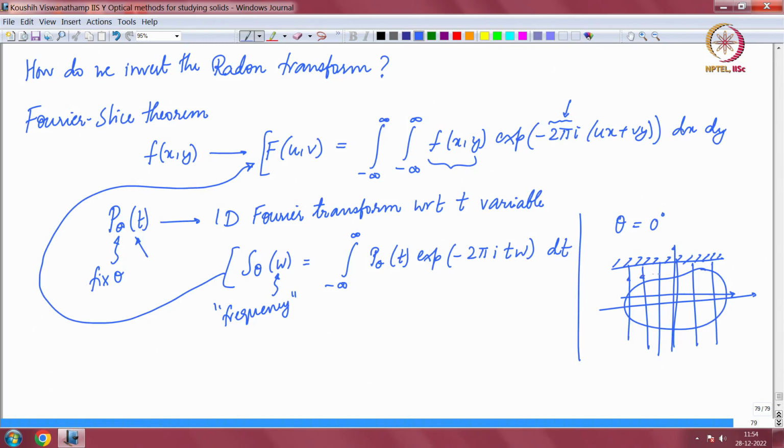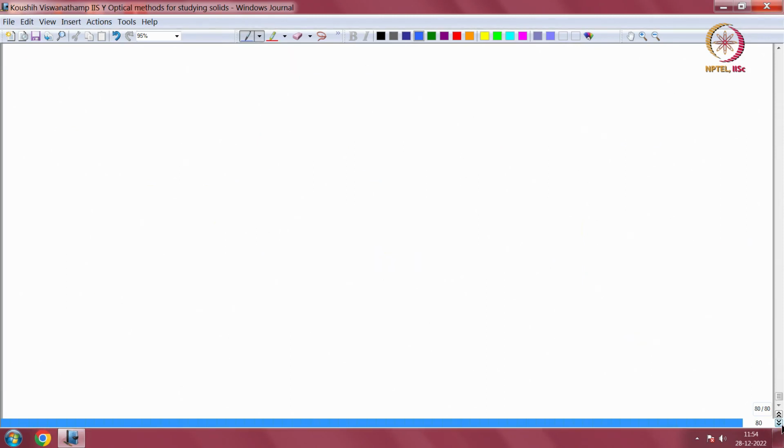So, now all the actual light rays or x rays are going parallel to the y axis, this is x, this is y, and t is basically nothing but x, right. Your t coordinate is horizontal because theta equal to 0 degrees, good. So, let us look at the theta equal to 0 degree case,